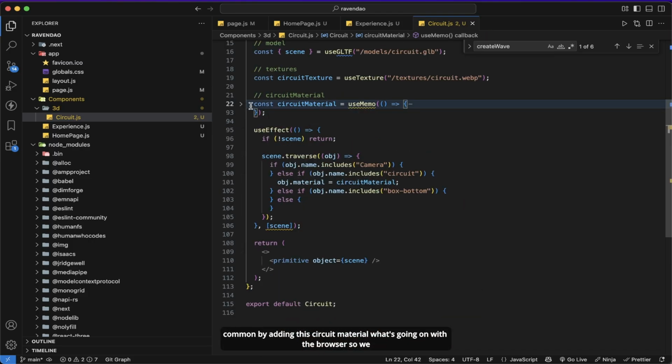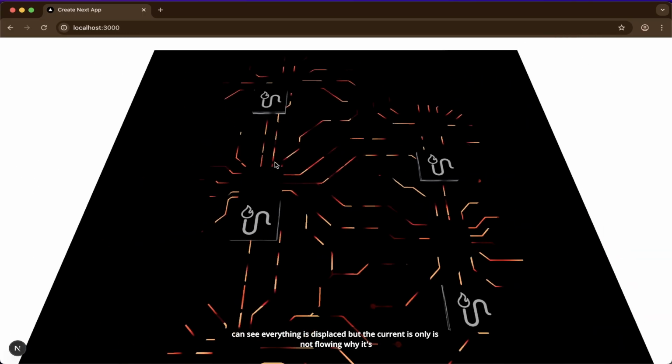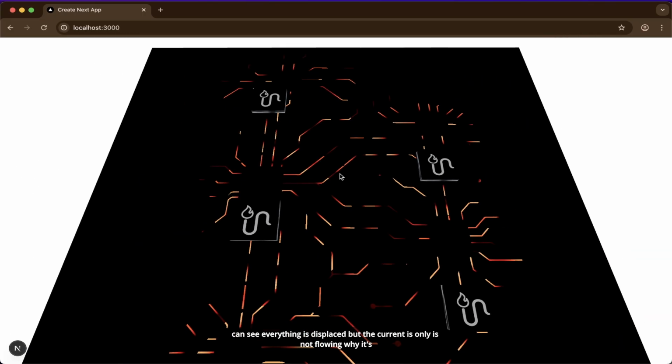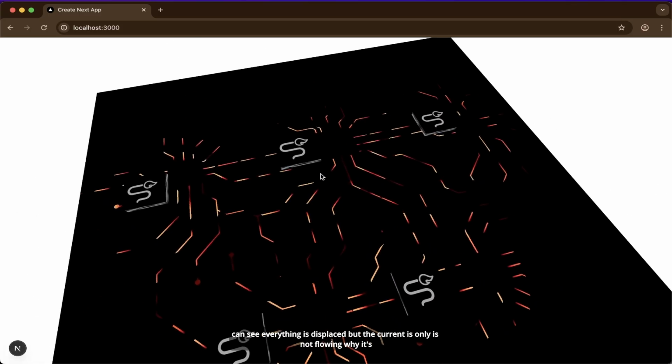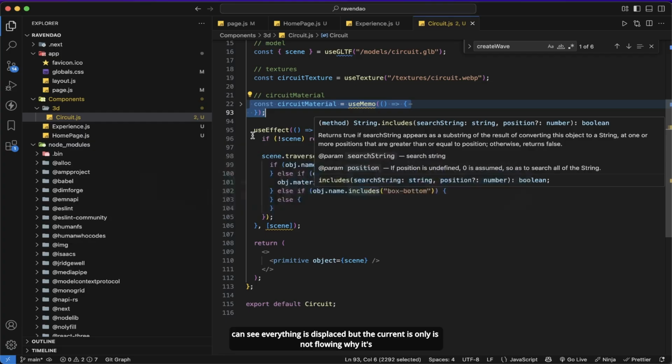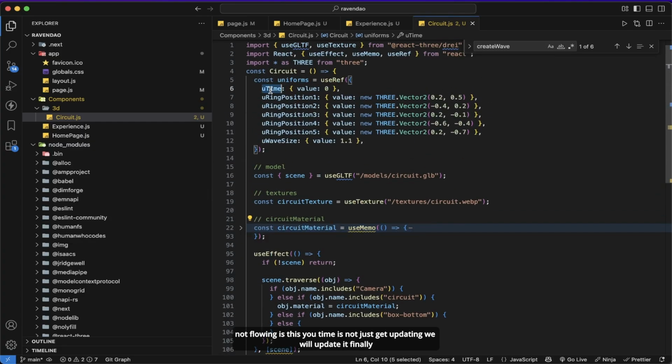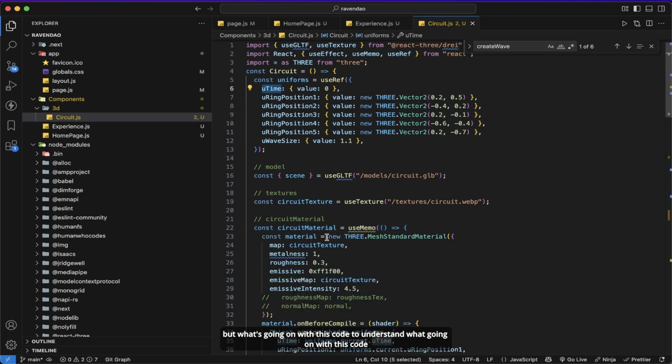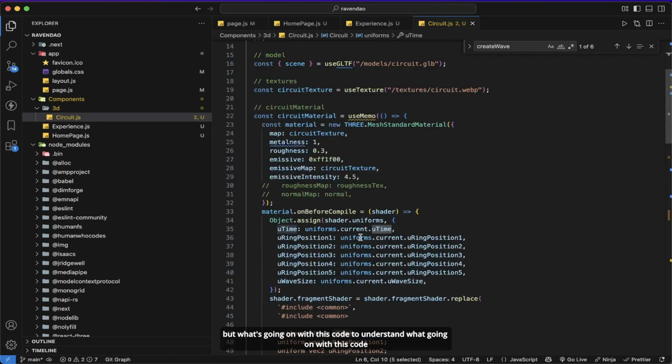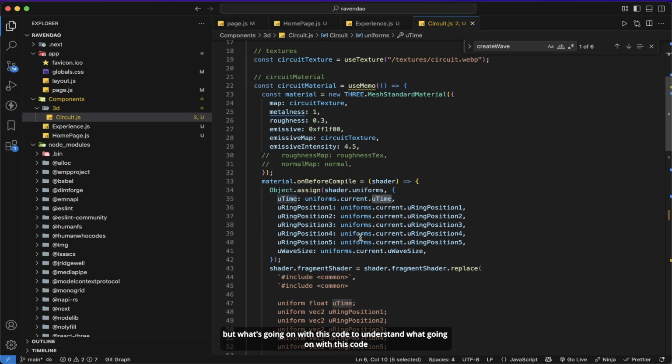By adding this circuit material, what's going on in the browser? We can see everything is just placed, but the current is not flowing. Why it's not flowing is that uTime is not getting updated. We will update it finally, but to understand what's going on with this code,